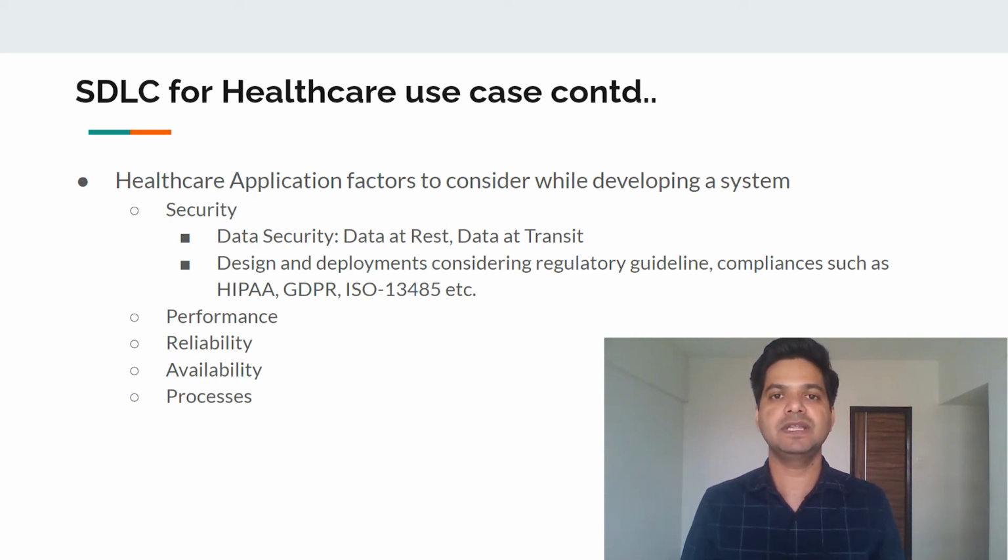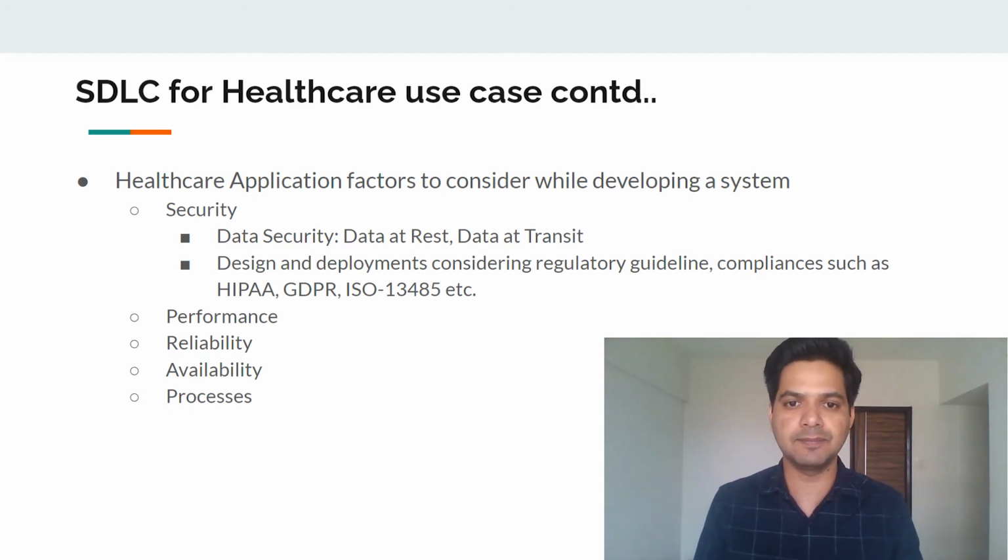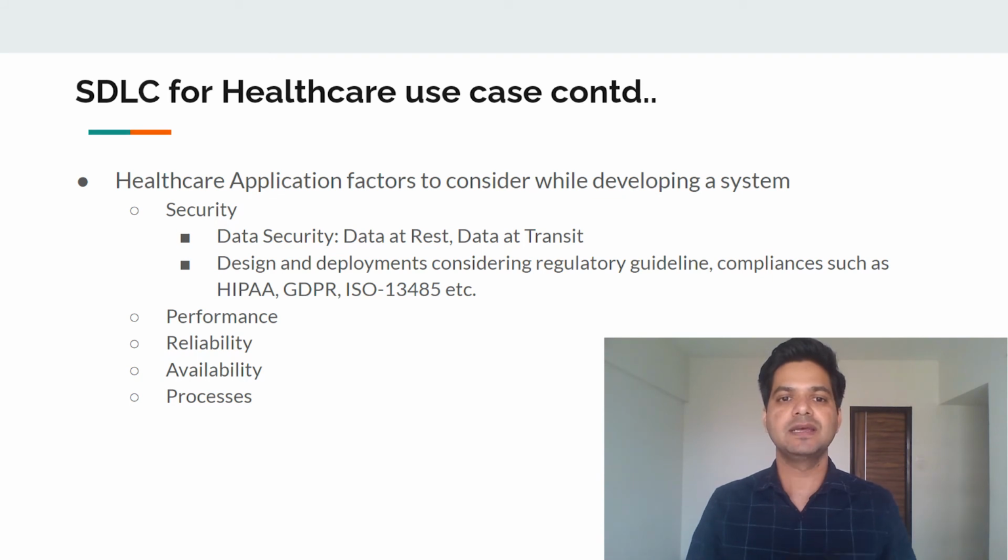And when the time comes to push that data to a server or the backend, we also need to make sure that we are sending it through a secure channel. So we can use HTTPS communication for the same. In that way, we can assure that data at rest as well as data in transit are both handled in a secure way.